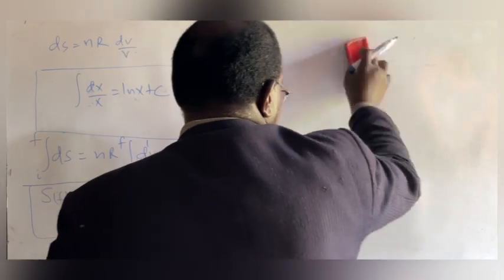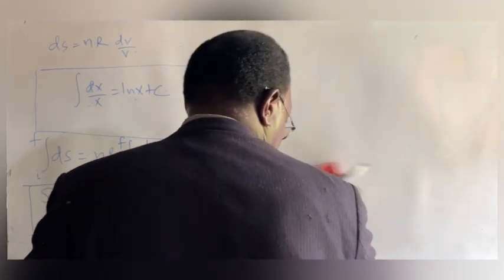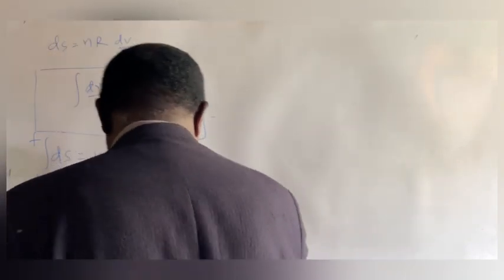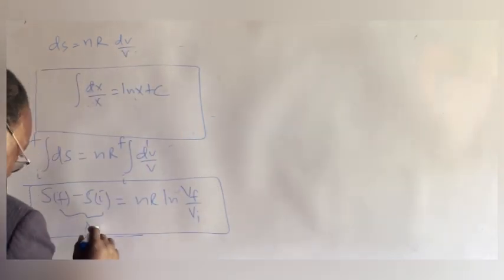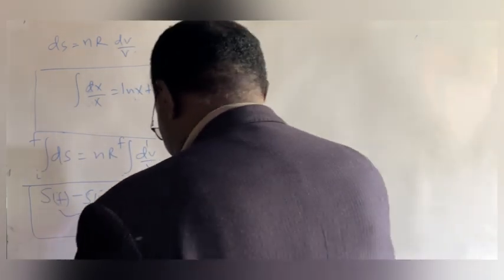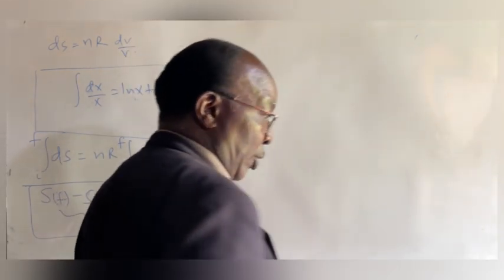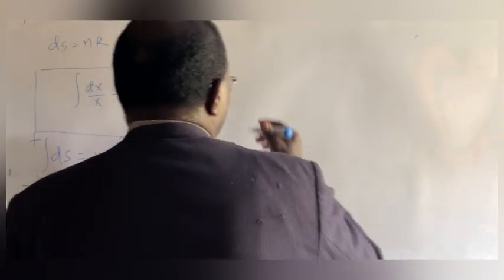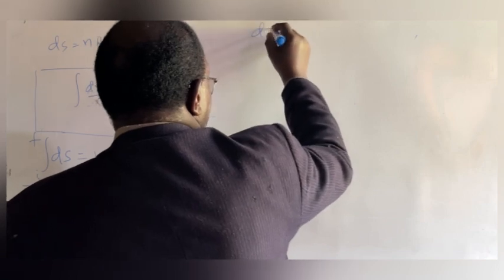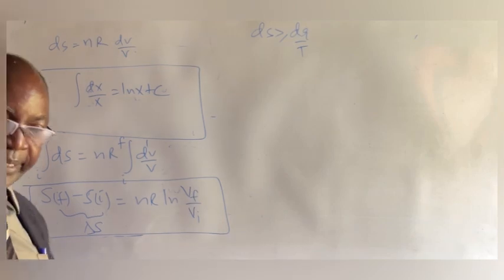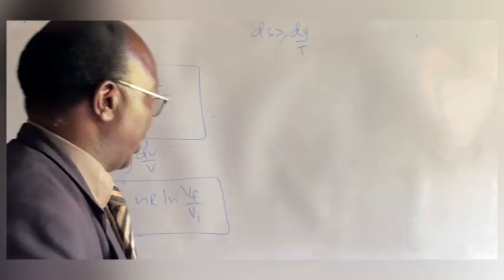Once again, in this particular case, we have entropy, the change in entropy here, delta S, and we have our relationship with volume. And you have seen that we have used the first law of thermodynamics to get our quantity. Now, suppose we go back to the Clausius inequality, dq over T, and we are dealing with this system under constant pressure.